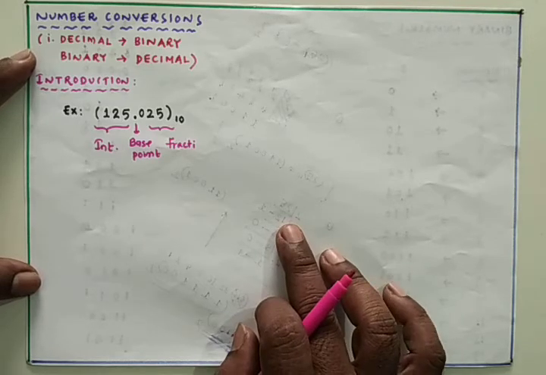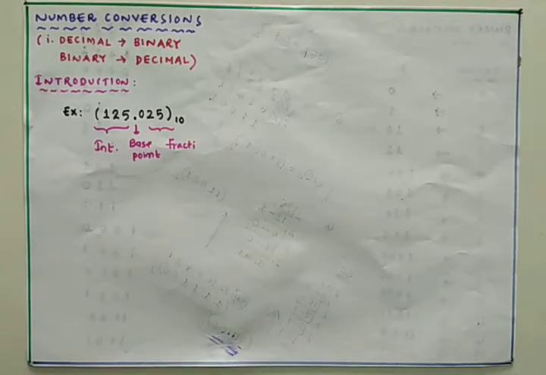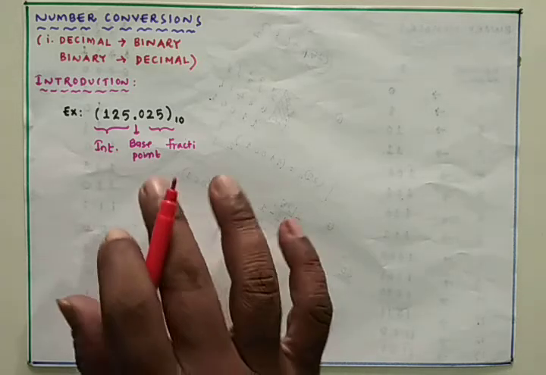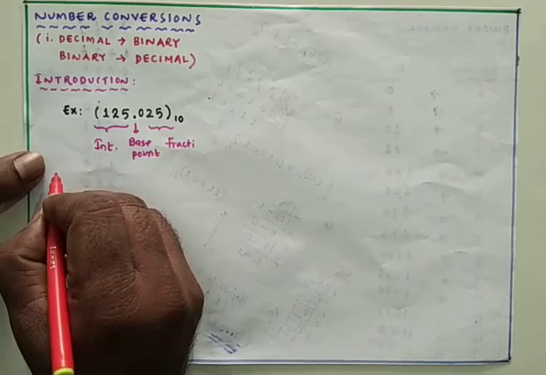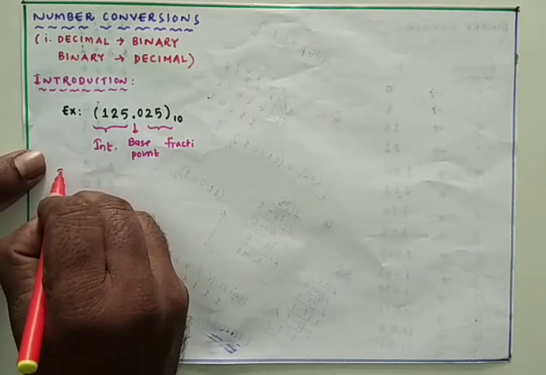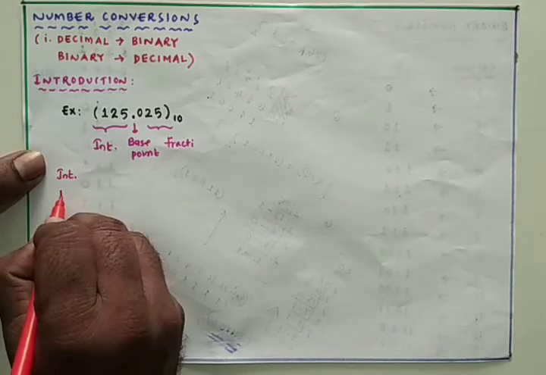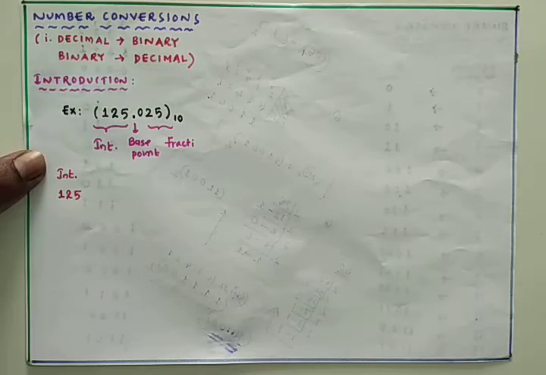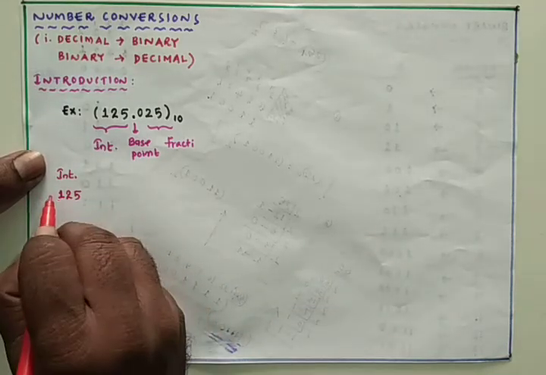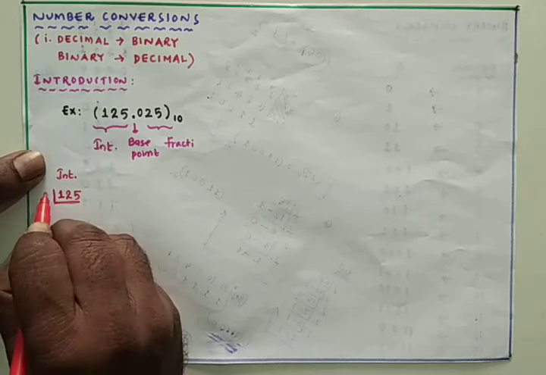We know how to convert the given integer decimal number into the binary form. In the previous class we have studied it. Anyway, I am going to explain the same. So I am going with the first one, the integer part. How will the integer part of the decimal number be converted into binary? I am taking the integer part. The integer number is 125, and we have to convert this into the binary number system, which has the base of 2, so it will be successively divided by 2.